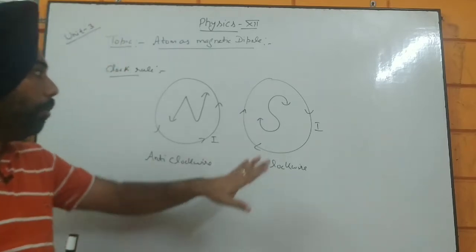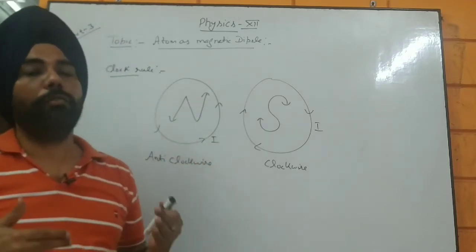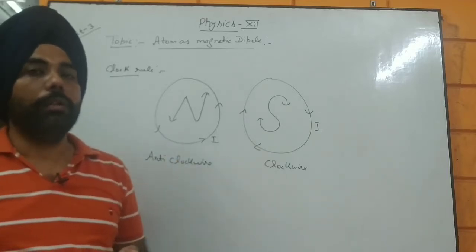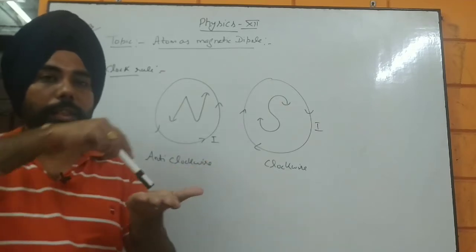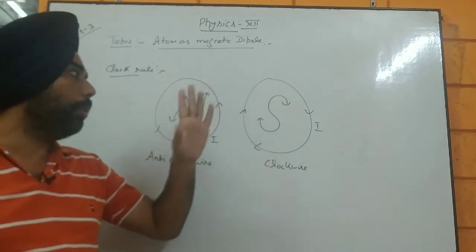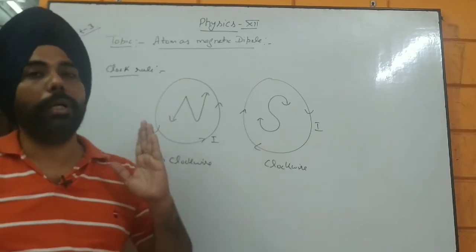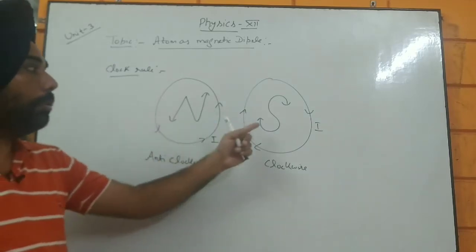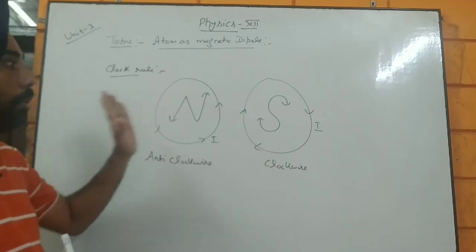Now similarly, if you have a circular loop in a plane, if we see from the upper side and if we see from the bottom side, both directions are always going to be opposite. So in any circular loop, both a north pole and a south pole are going to be generated, which means every current carrying loop has a magnetic dipole moment. If they have north and south poles, they have a dipole moment as well. Okay, so now we are going to apply this to an atom.